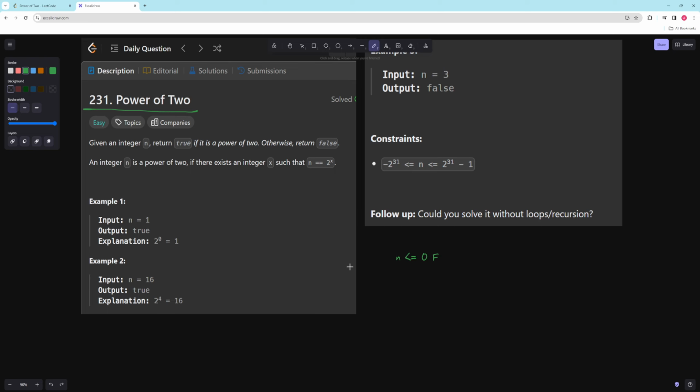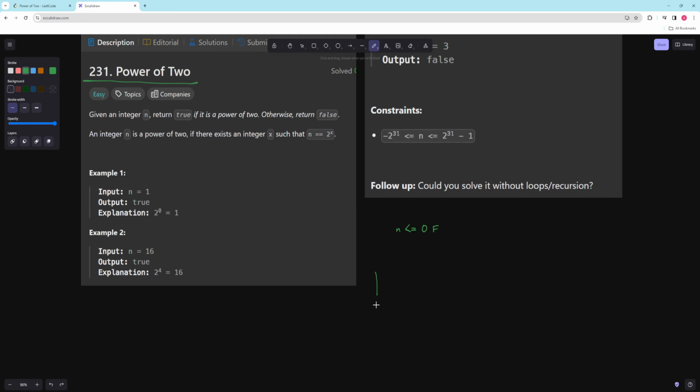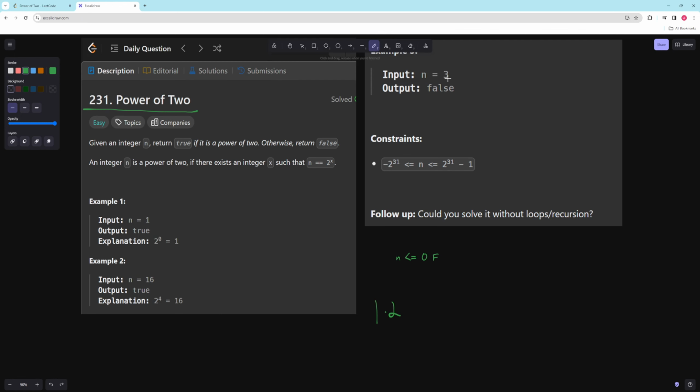And so let's talk about a few ways of doing this. One way is you can just go through all powers of 2. So you can say, okay, I'll just start at 1, which is 2 to 0, and then I'll multiply by 2, and I'll keep going and multiplying by 2 until I either hit my number or I pass it. If I pass my number, then my number is not a power of 2, and if I hit my number,